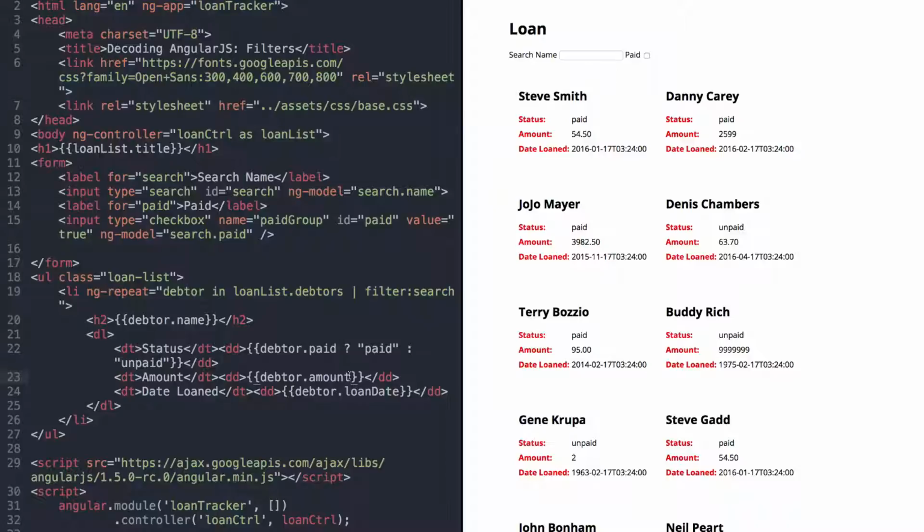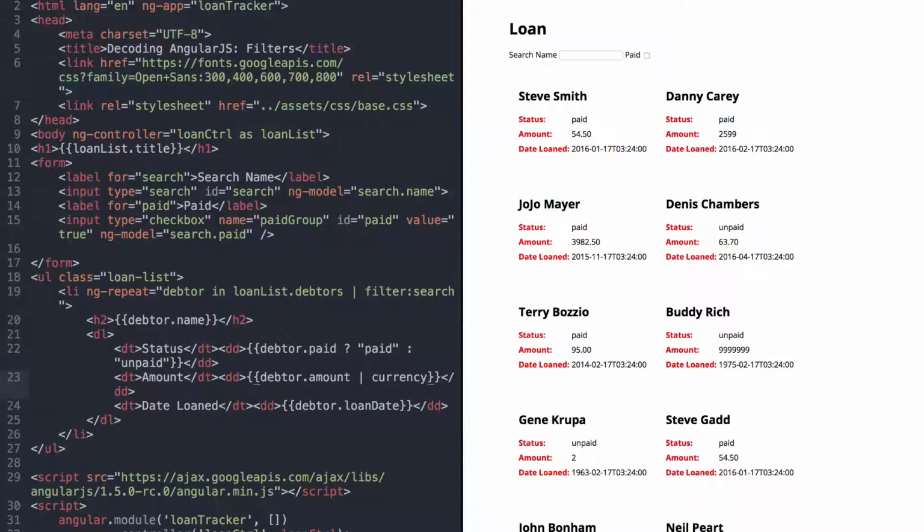Just by putting the pipe and then currency, you can see it's already formatted with the comma separation and the dollar symbol. It's really quick to get these filters in and to be able to move quickly through your application adding this